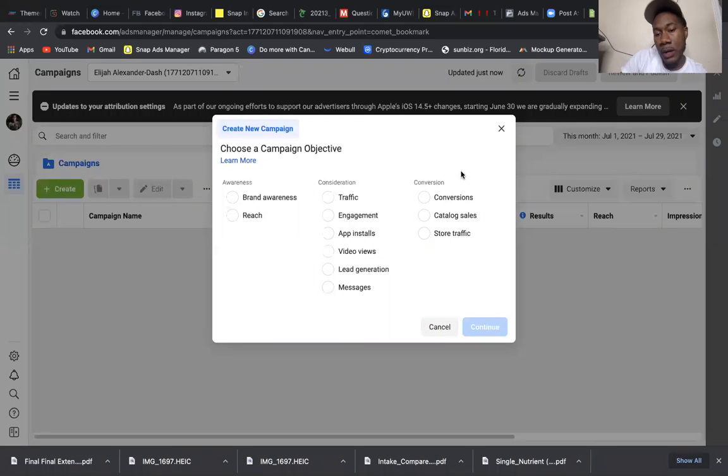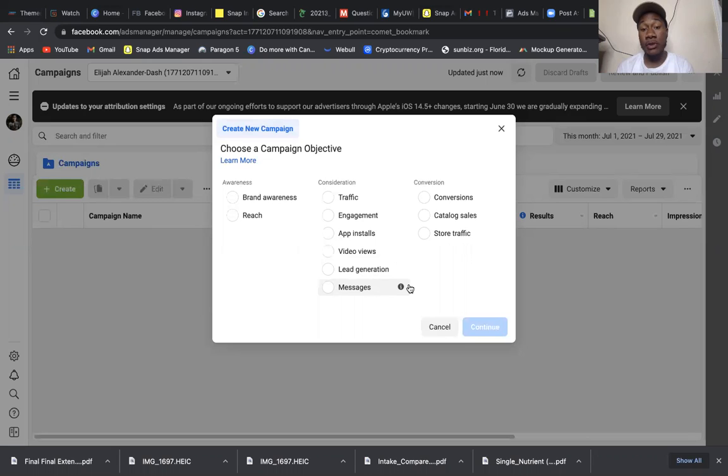Before I even get into this, I do want to let you guys know: if you're going to be doing conversions, catalog sales, or any store traffic, and you're keeping track of this data and sending it to a specific site, what you need to do is register your domain for whatever site you're going to be doing that to, as well as create your pixel on whatever platform. So if you're using Shopify, Gumroad, or whatever platform integrates with ads, take the time to create your pixel.